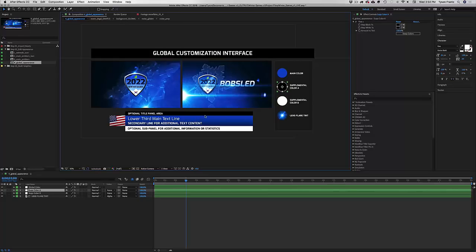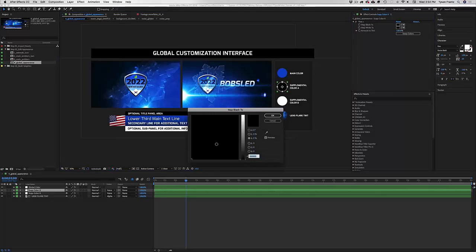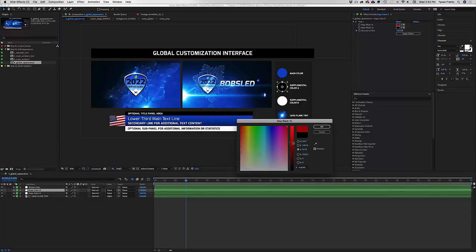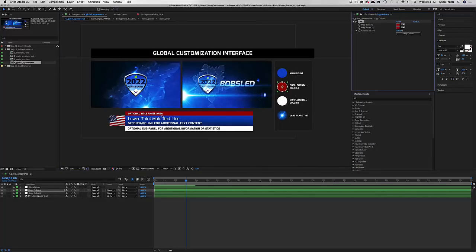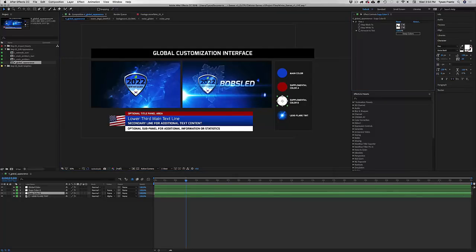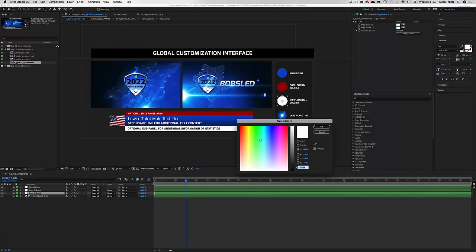So all of the supplemental graphics, like the lower thirds, the lower third title and the lower third subtitle, these panels here will change. So if I click matte black 2, I can change that. Say we wanted that to be red, we can change that to red. Or if we wanted the sub panel to be, let's say for example,